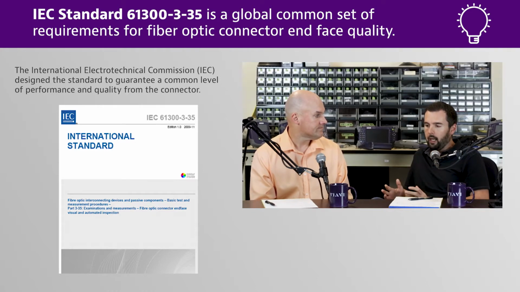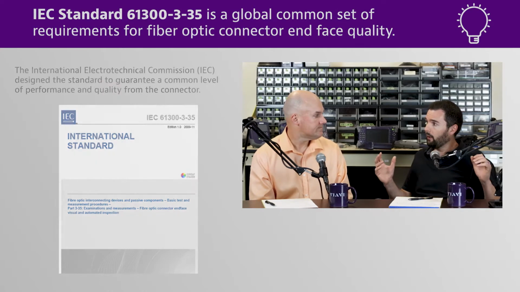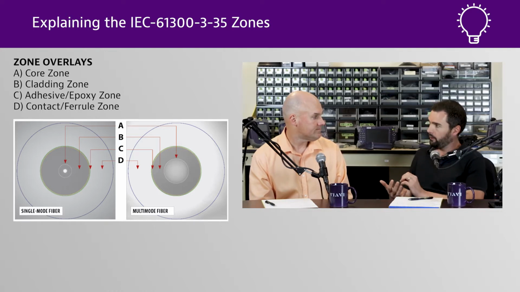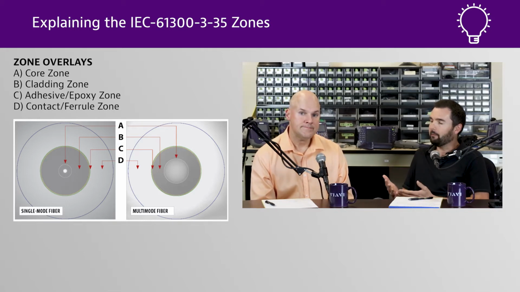And where they ended up landing makes a lot of common sense, both from an evaluation standpoint and a practical implementation standpoint. They just put a series of concentric circles, kind of like a bullseye in archery, or a strike zone, or if you're Canadian, a curling rink, right? Sure. Or whatever you guys call that up in Canada. But anyhow, the closer you are to the target in the center, which is the core of the fiber, where the light is transmitted, the more essential it is to keep that clean.